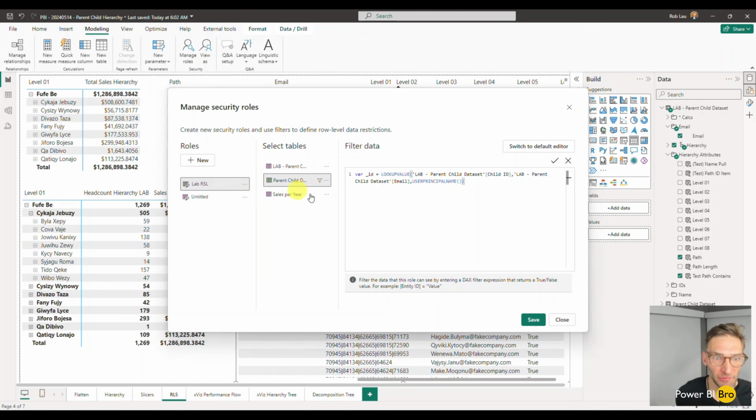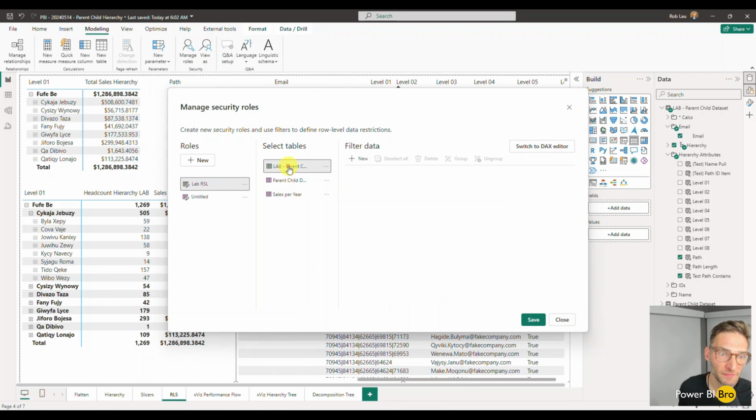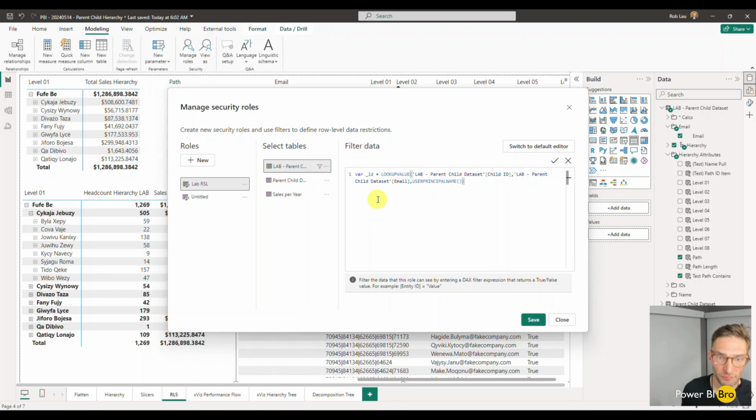As we're clicking and building this, we can see actually that the table I have selected is incorrectly filtering on the parent-child table from the original example I was creating. We need to put this filtering on the table we created, the lab tab. So we're going to do this. We're going to say, create the ID. We're going to do the lookup for the child ID, the lab parent, the user principal name like we just